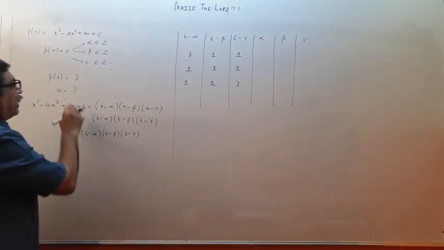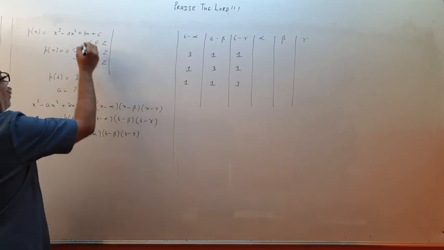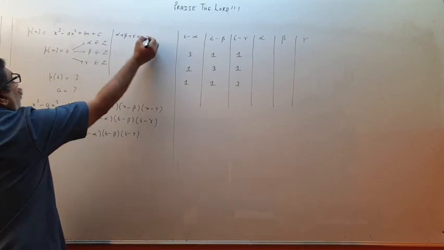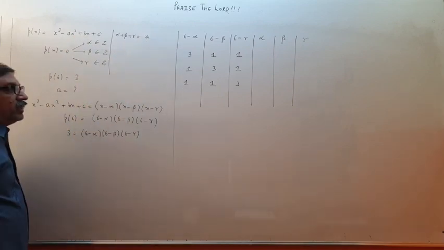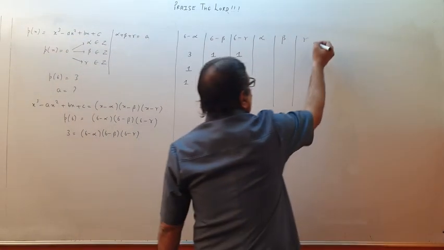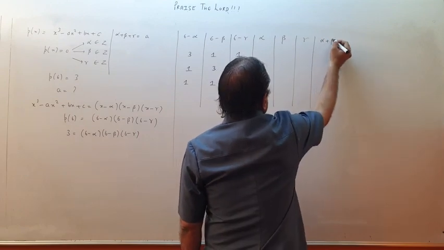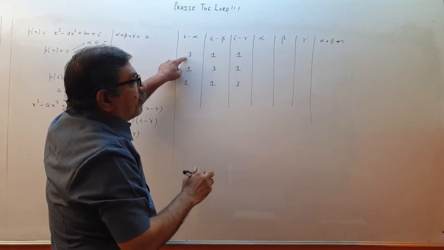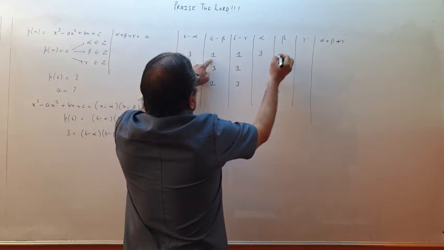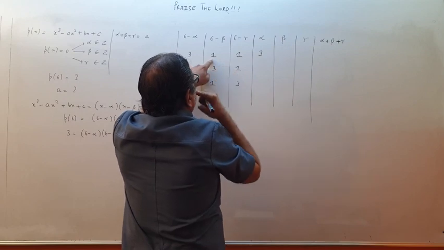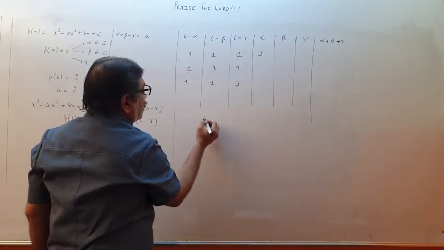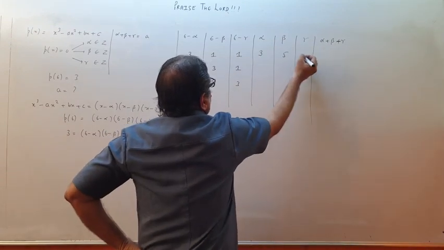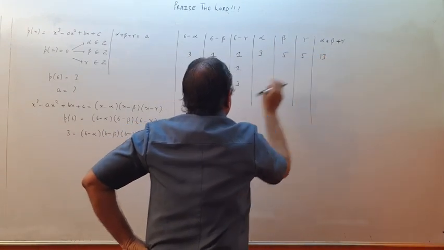Now children, actually we want a. Let us see how we will get a. What will be alpha plus beta plus gamma? That will be a. So that means a will be decided by alpha plus beta plus gamma. So I should be interested in finding out what will be alpha plus beta plus gamma. So if 6 minus alpha is 3, so alpha will be 3. 6 minus beta is 1, so beta is 5, and 6 minus gamma is 1, so this also will be 5, so this will be 13.